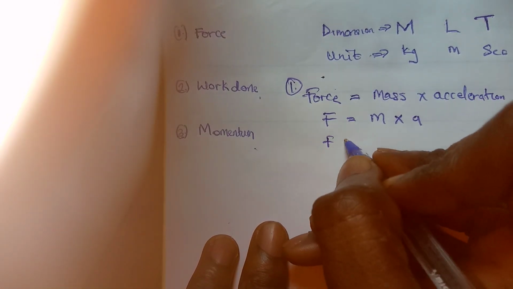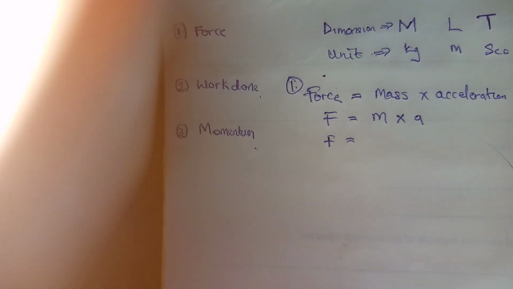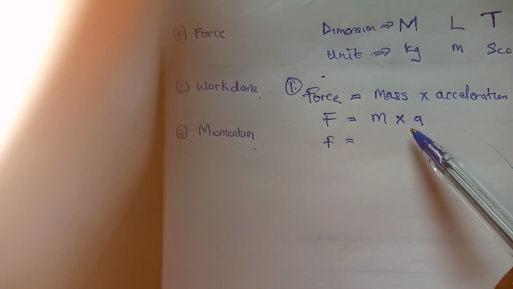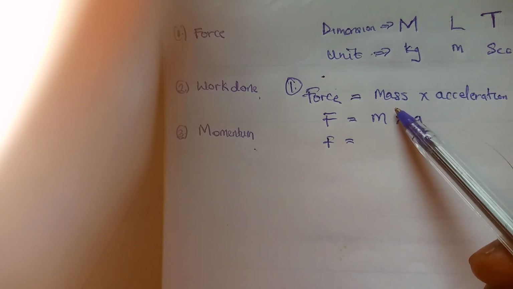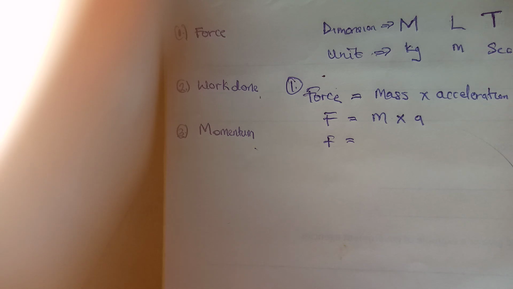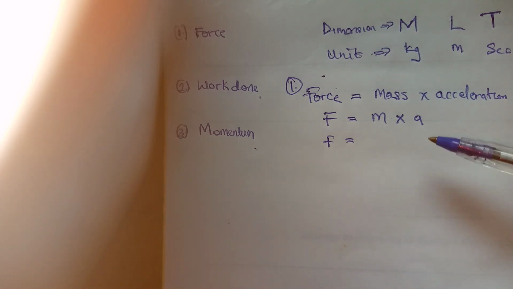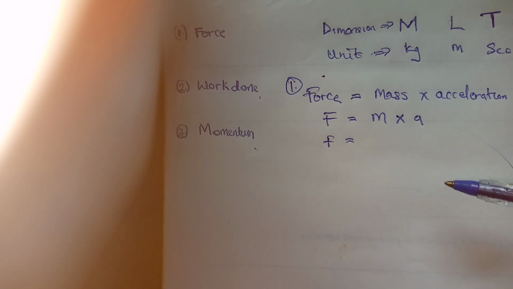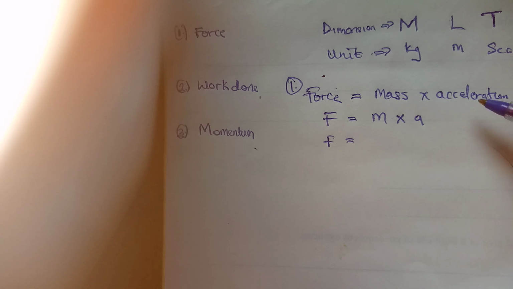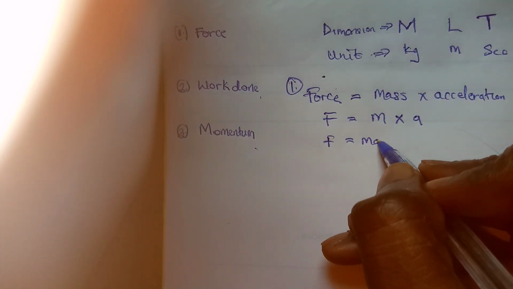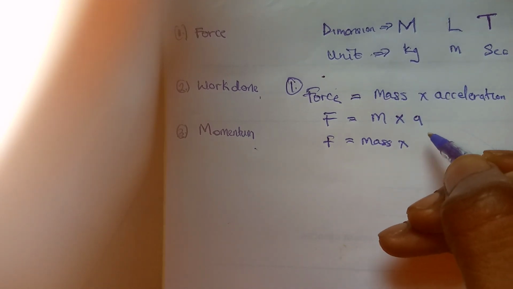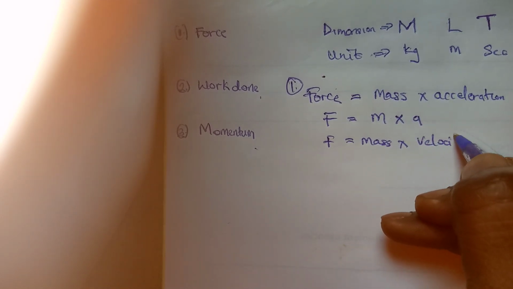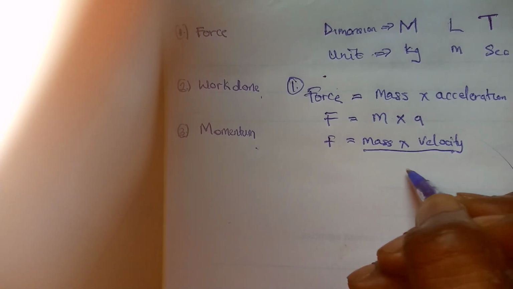If you notice, we have mass and we have acceleration here. Mass is an example of a fundamental quantity. We have 7 types of fundamental quantities, so we don't need to derive a formula for mass again. But acceleration can still be broken down. So mass multiplied by acceleration is what? Change in velocity all over time.